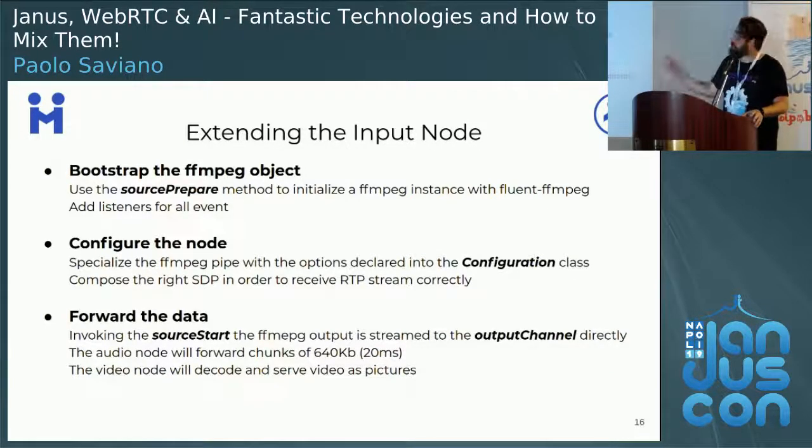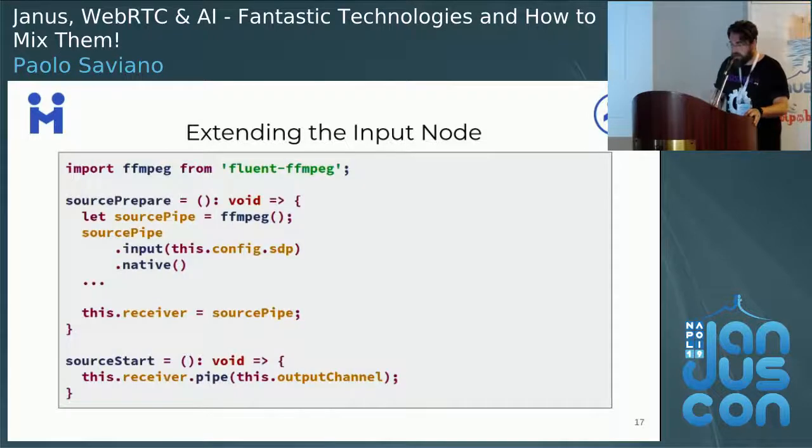For example, in the configuration, we can point to a valid SDP file for the input parameter, or maybe if we want to forward to next nodes a collection of JPEG pictures, we can add in our configuration the output image format to pipe. When source start is invoked, the instance of FFmpeg could be directly piped to our output channel.